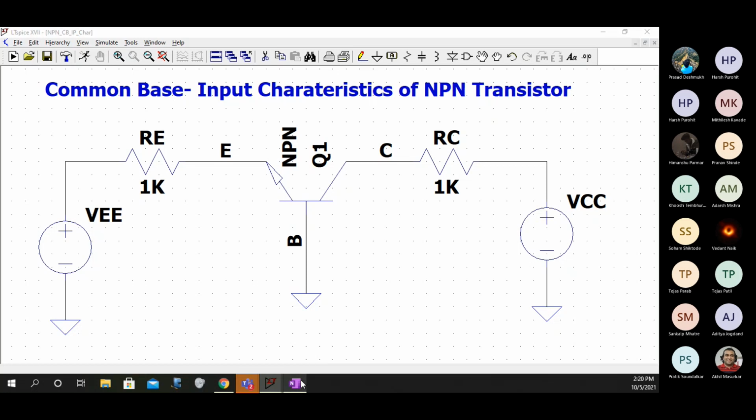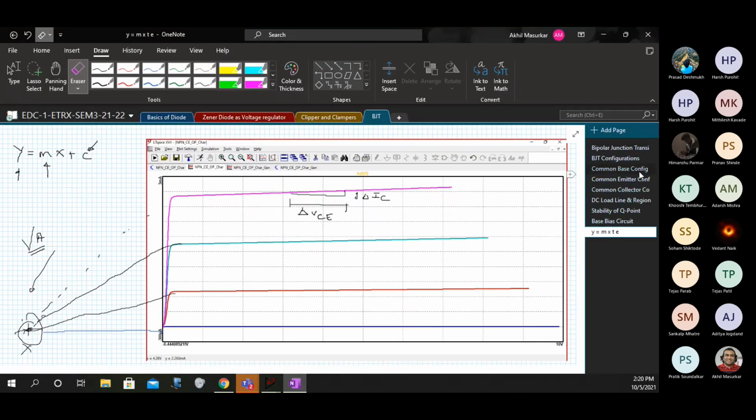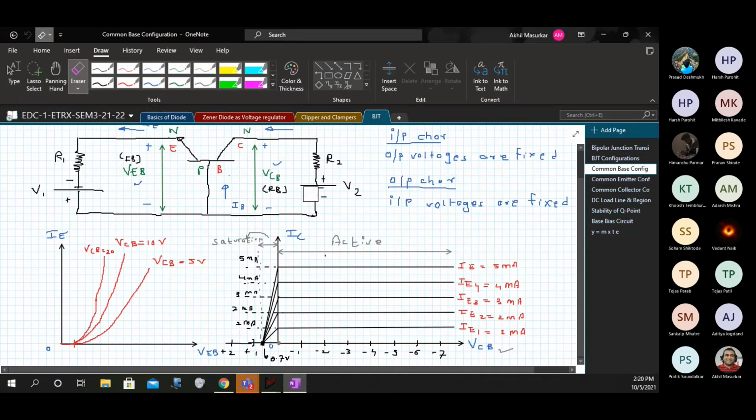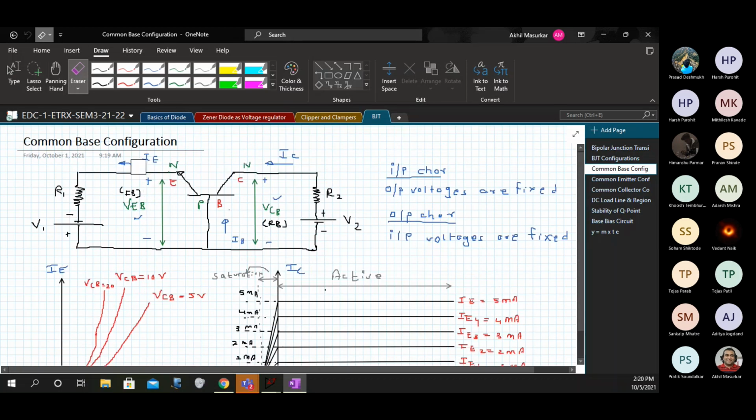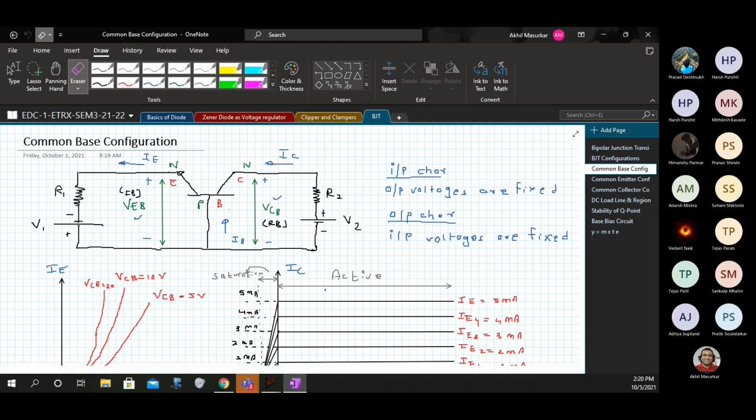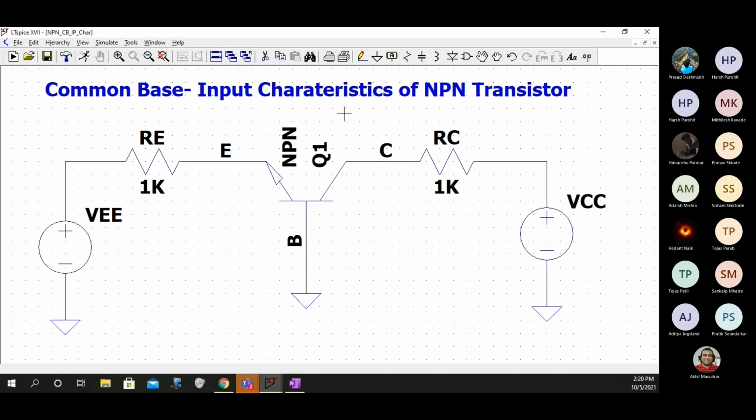So what we want to plot now. We are doing common base configuration. So we will be plotting IE versus VEB, and here we will be plotting IC versus VCB. But again, in this case also, we need to write a dot model command. Why?